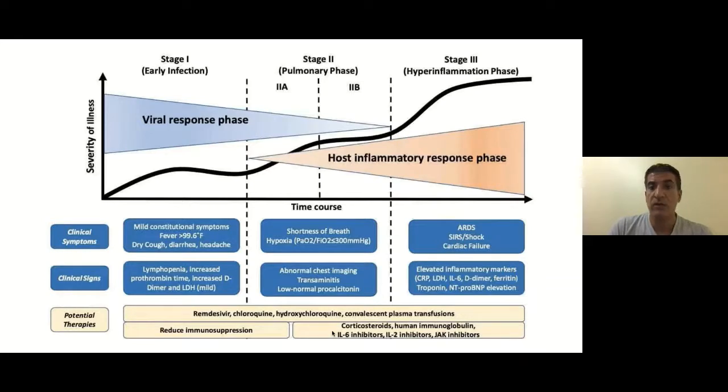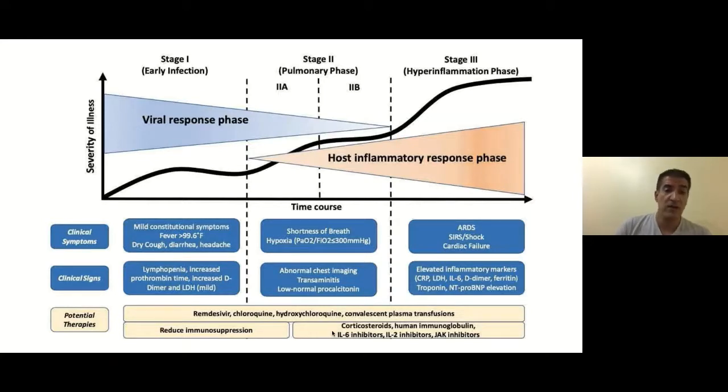We also cannot blame all the damage on the virus. Our own body, our own inflammatory system, actually causes the most severe form of damage. If you break down the disease spectrum of COVID-19, you start with a viral response in the early stage. You get the usual viral symptoms: fatigue, dry cough, fever, and malaise, usually due to viral replication and viremia in the blood.